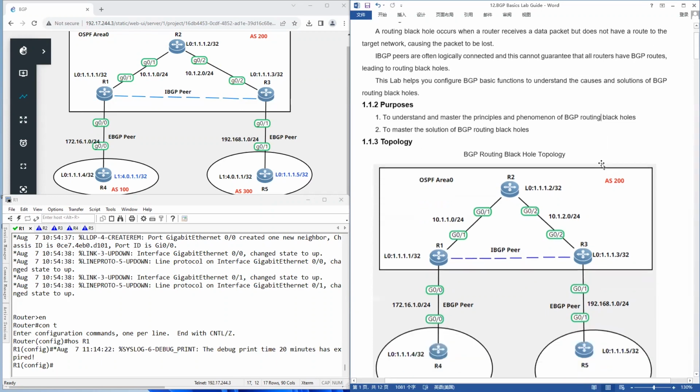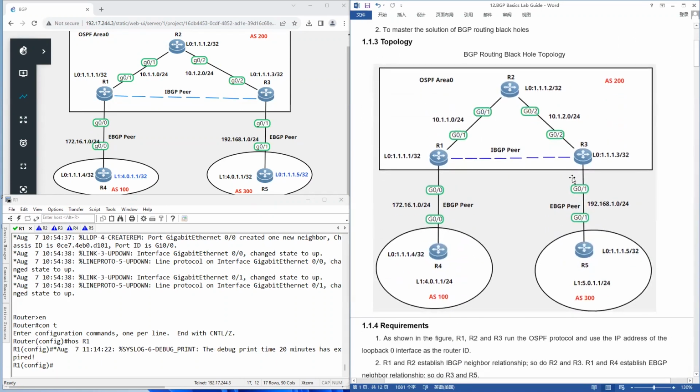And here is the example topology. We have 5 routers, router 1, 2, 3, 4, 5. Router 1, router 2, and router 3 belong to AS 200. Router 4 belongs to AS 100. Router 5 belongs to AS 300. Maybe one AS belongs to one organization. So